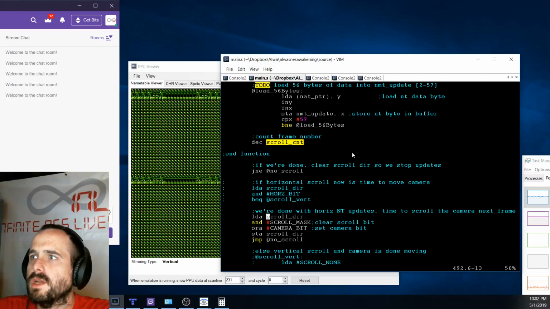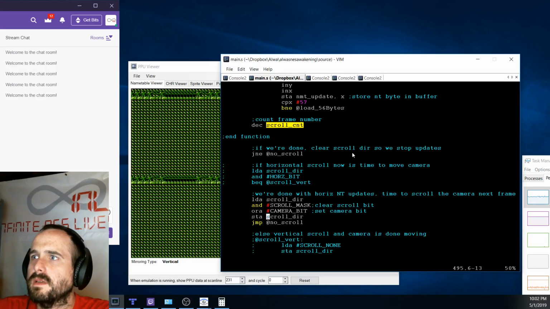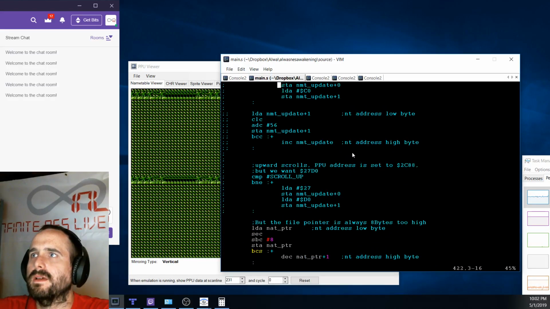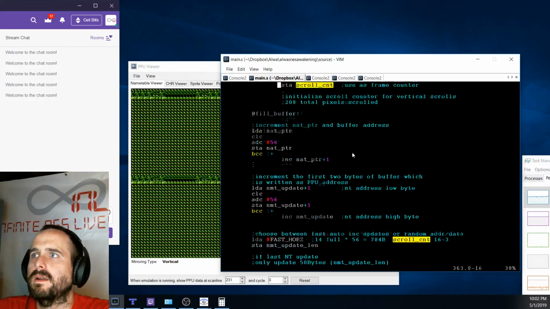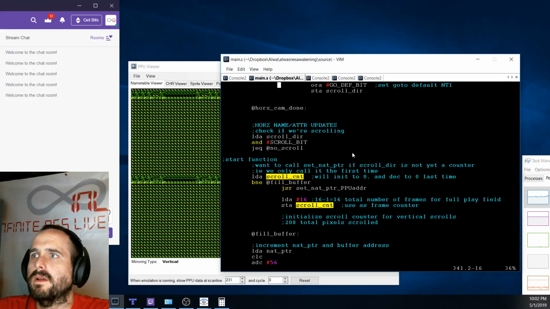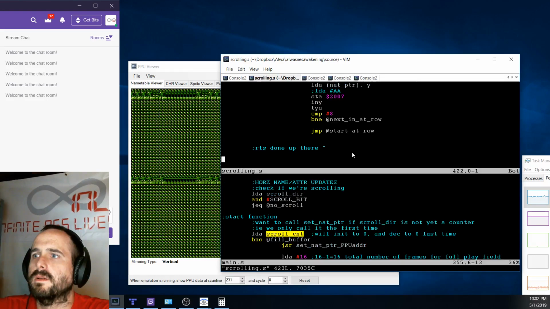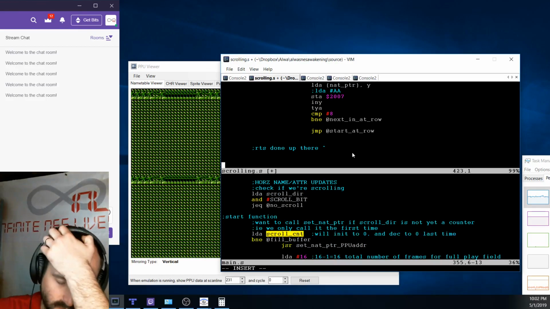So here we're done with the horizontal updates, and so we set the okay. All right, so let's try that. It's expecting scroll count to be 0 on it. So we'll call this